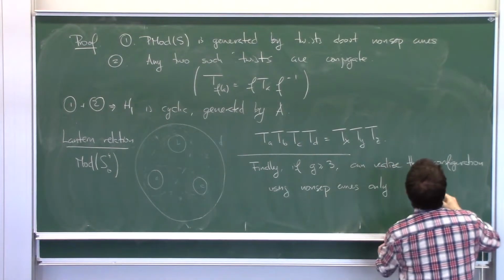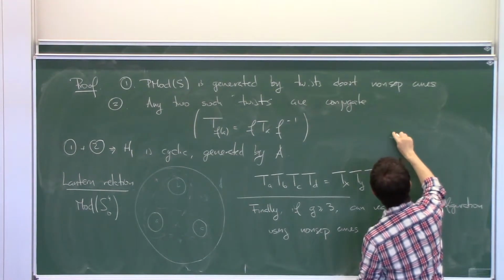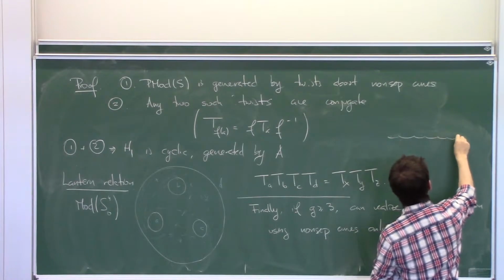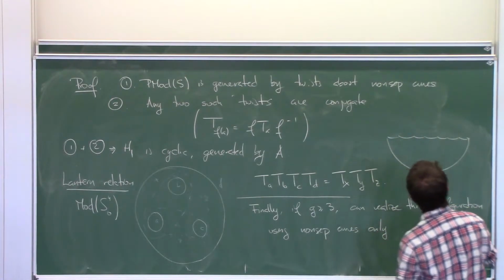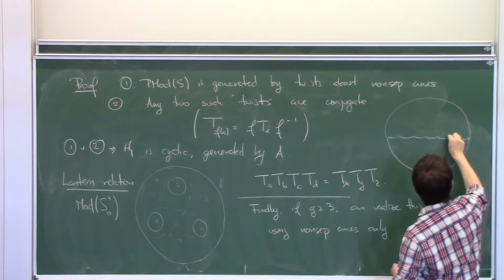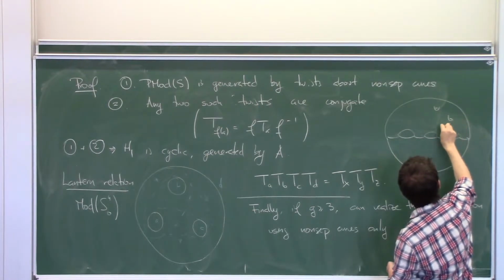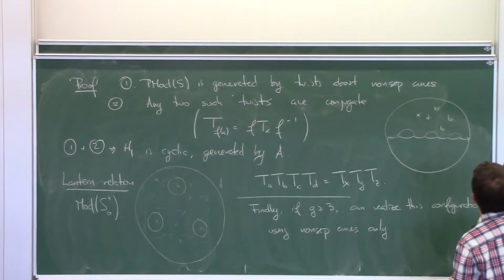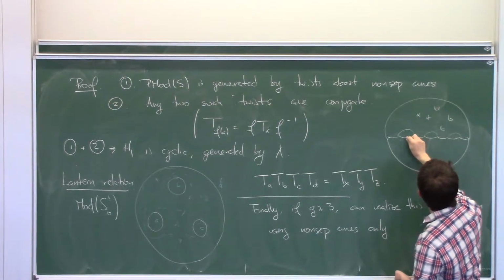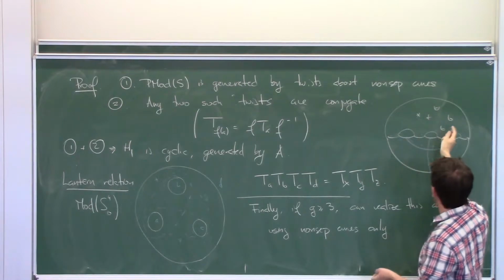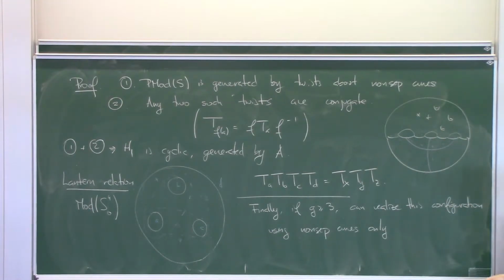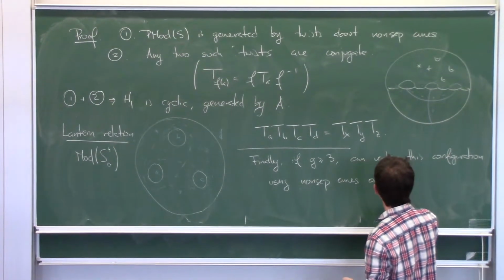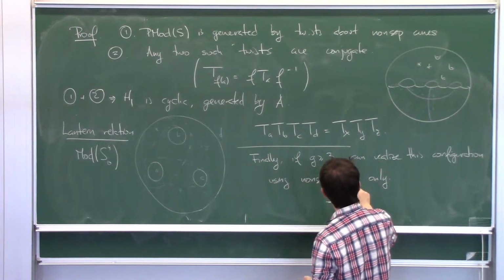Okay, so I don't know if I can draw this. Let me see. So here's a sphere with 4 boundary components, and then you do this, and then this. And here you put 27 genera if you want, and some marked points. Here's one of the curves, here's another one of the curves, and then the other one separates the two punctures, so that they're all non-separating. I'm not drawing one of them. And so the point of this is that A4 equals A2.